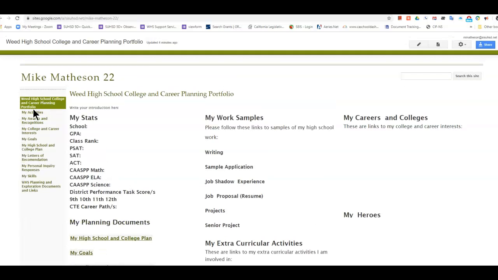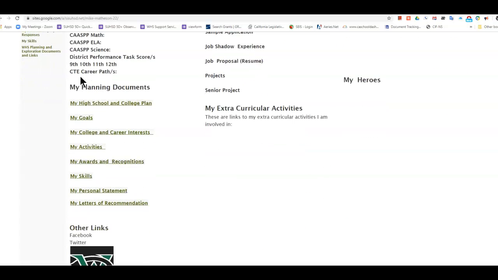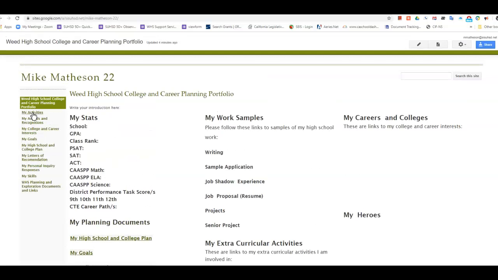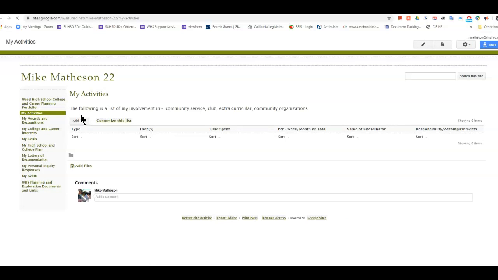And then over 2 places you can get access to these documents, in the menu over here and or under My Planning Documents. They're both links to the same pages. You can access places where you'll start to add information about you. So activities, you click on activities, you'll add an item, and let's say this past winter or fall you played a sport, so you would enter that you played that sport for that season. So some of you who are just starting this out, if you're a junior, you've got a lot to add